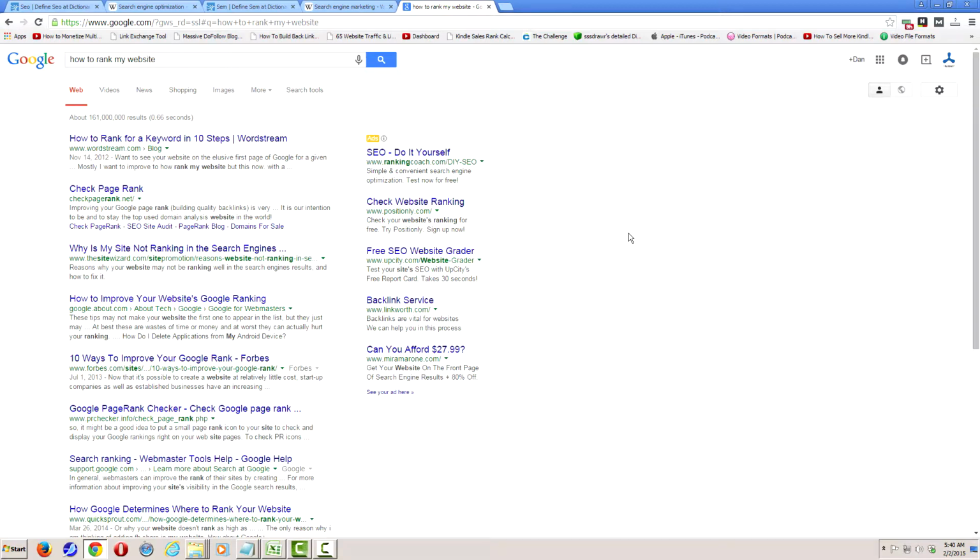Now, this long tail keyword phrase, how to rank my website, may or may not have value. Well, in this particular case, we know it has value. But my point is that not every keyword phrase, or long tail keyword phrase, is equal. You rank for one thing really well, and it can mean a lot of additional business.